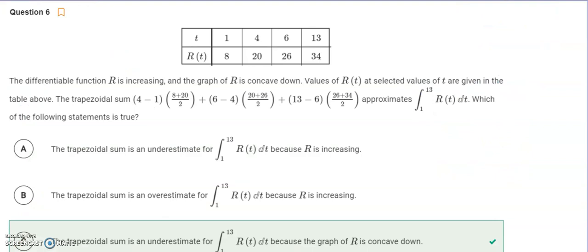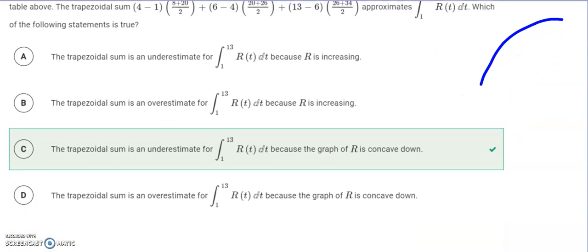Last one. The differentiable function is increasing and concave down. So if we think about increasing and concave down, looks something like this. Values of r of t are given. The trapezoidal sum is there. Which of the following statements is true? So trapezoidal sum